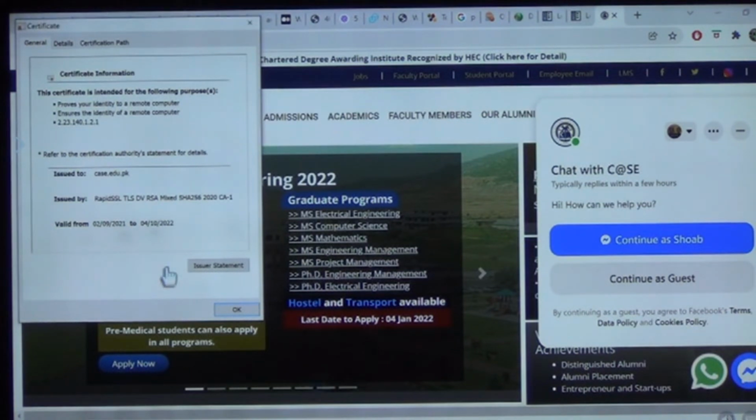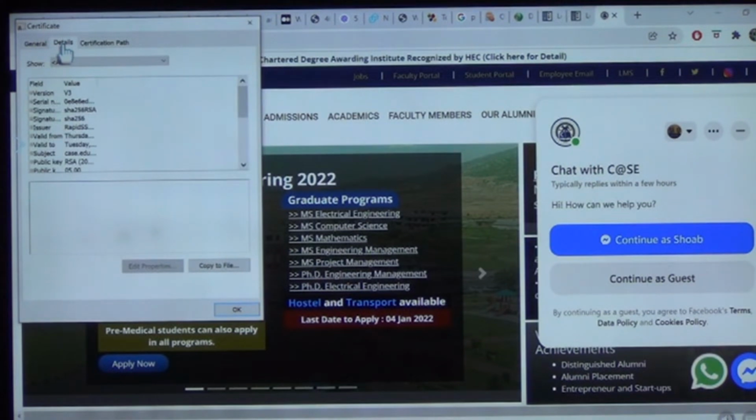अच्छा, अब मैं कहता हूँ मुझे यार ये थोड़ा सा डिटेल दिखाओ. ठीक है, ये वो X.509 फॉर्मेट है. इसमें अगर आप देखें इश्यूअर कौन है, Rapid SSL है. वैलिड कब तक है? It is valid from September 2021. ओके, और वैलिड कब तक है? Tuesday 4 October 2022, और टाइम भी लिखा हुआ है. ठीक है, 4:59 सेकेंड्स, और मिली सेकेंड्स तक उसने टाइम मेंशन किया. ओके, इस वक्त तक ये वैलिड है.